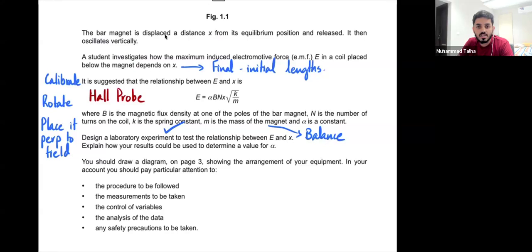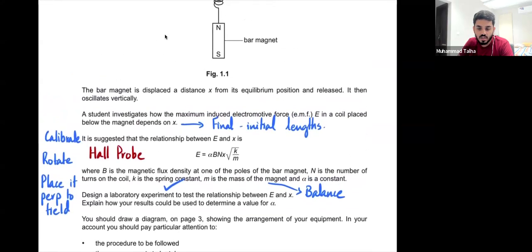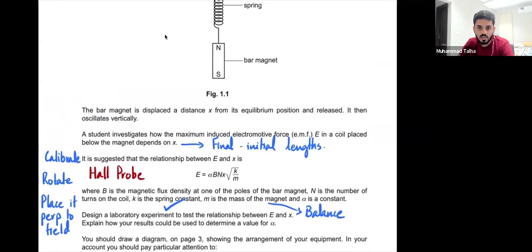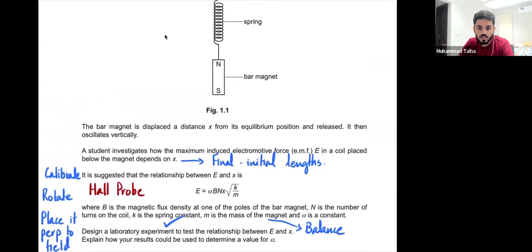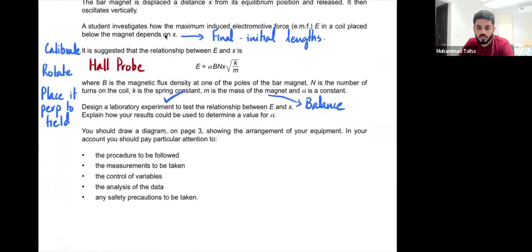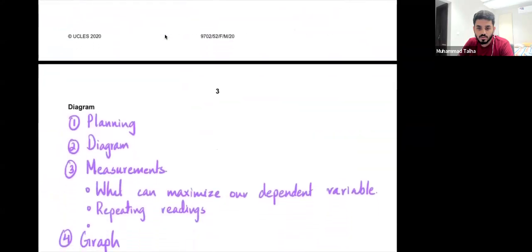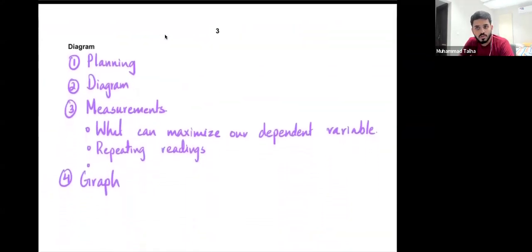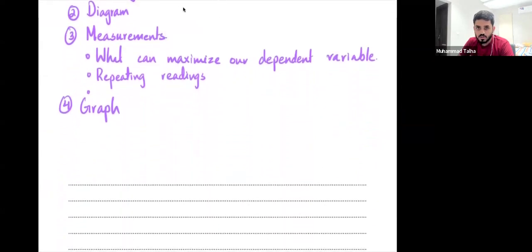Lower the thickness. Where's the thickness here? There is no thickness here. No thickness here. Are you talking about a Hall probe? No. The Hall probe is just a manufactured device that you have on your hands. It's not wise to mess with it right when you're doing this experiment.